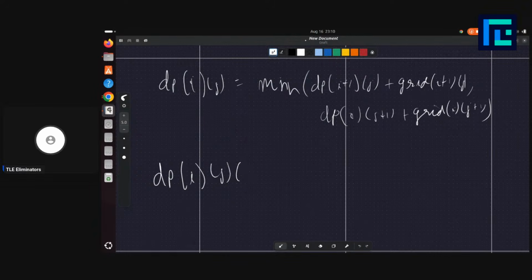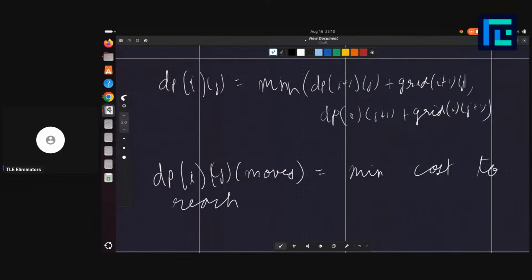Let's take k is already defined, right? Dp of i, j, moves basically means the minimum cost to reach n minus 1 comma n minus 1,